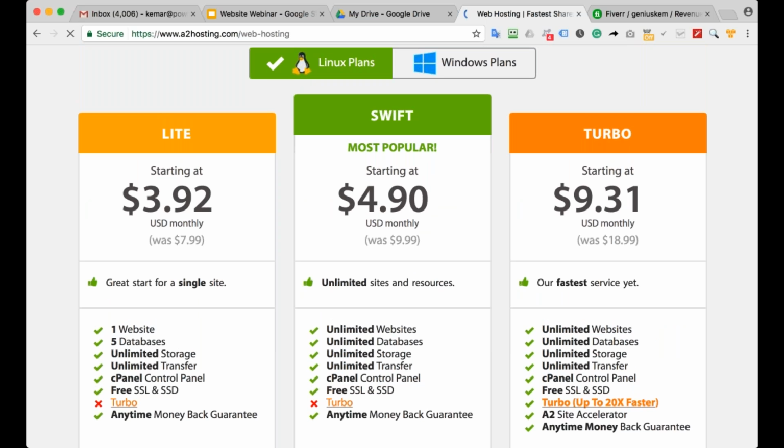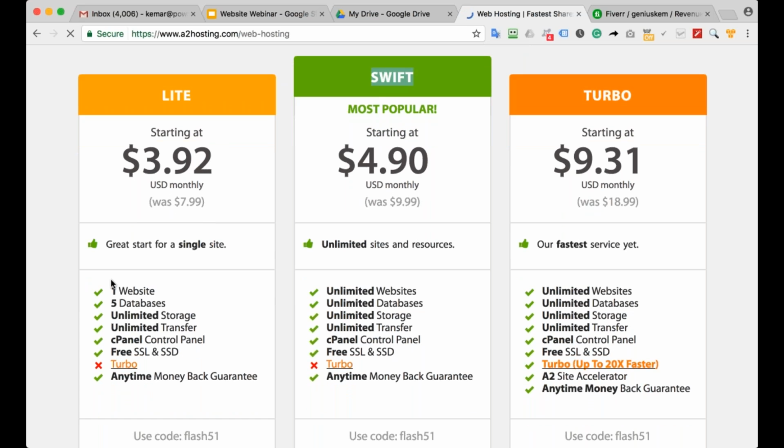So if you are just planning on having one website for now, you definitely want to go with the light plan. If you are planning on having more websites in the future, you can choose the Swift plan. So you will notice the big difference. The light plan gives you one website, and it gives you unlimited hosting, unlimited storage and unlimited transfer, otherwise known as bandwidth. The Swift plan gives you an unlimited number of websites, unlimited database, unlimited storage, unlimited bandwidth,